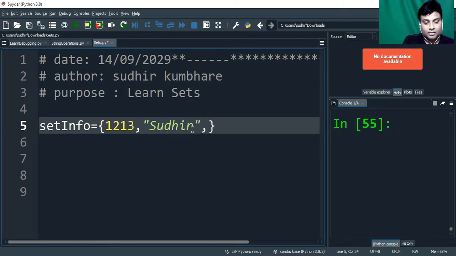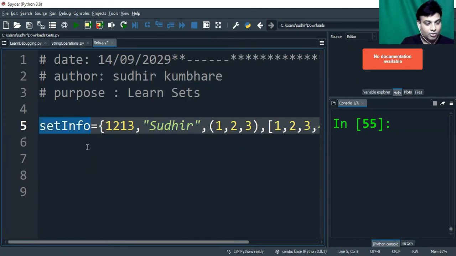Then I can have a tuple, as I told you, with some tuple values 1, 2, 3 inside. And let's try to give a list as well, 1, 2, 3, 4, 6. I just wanted to showcase whether we can have a list inside the sets or not. Let's check.